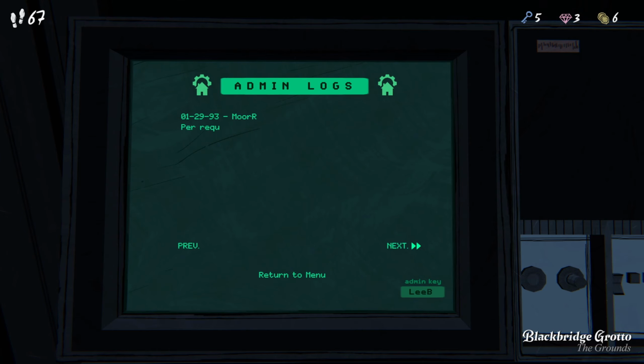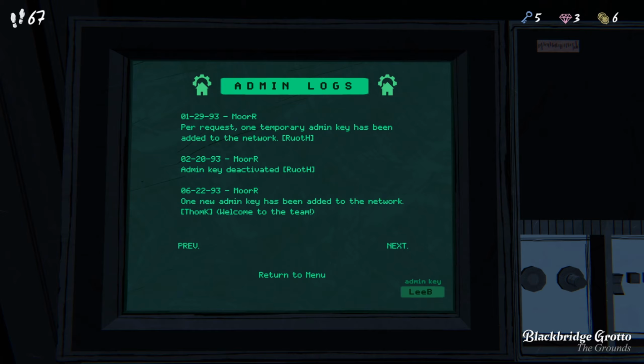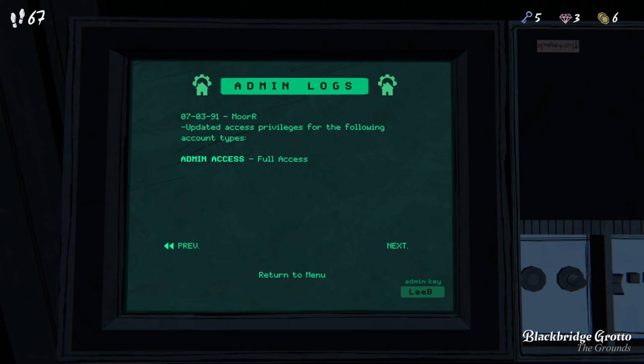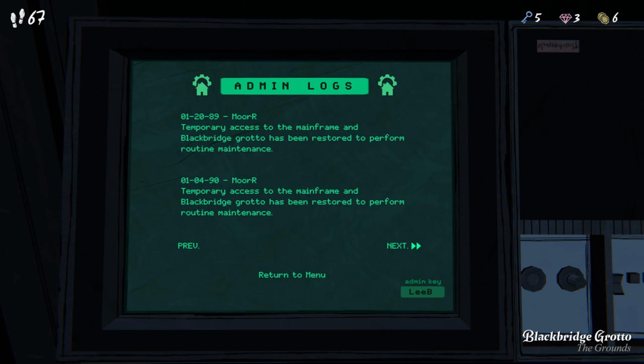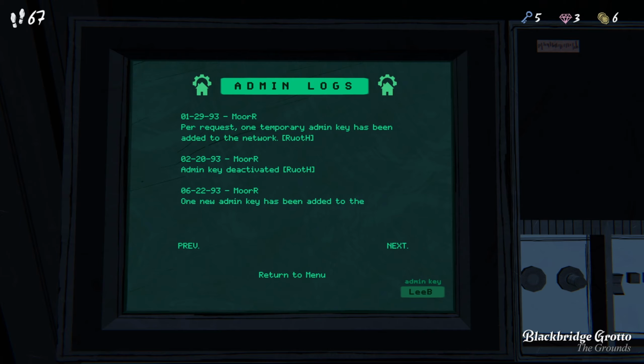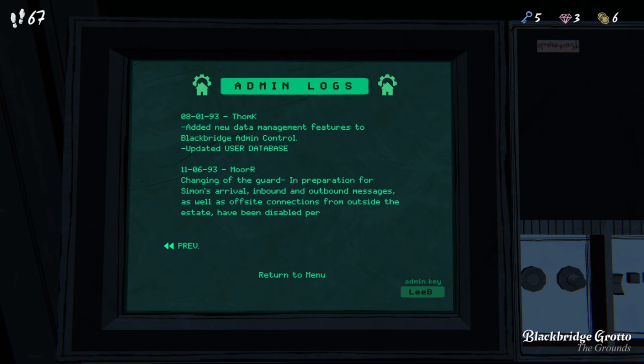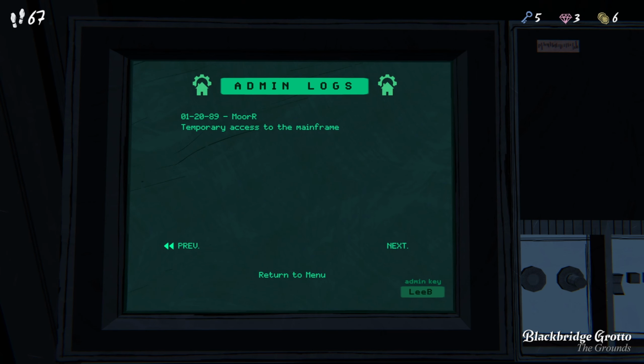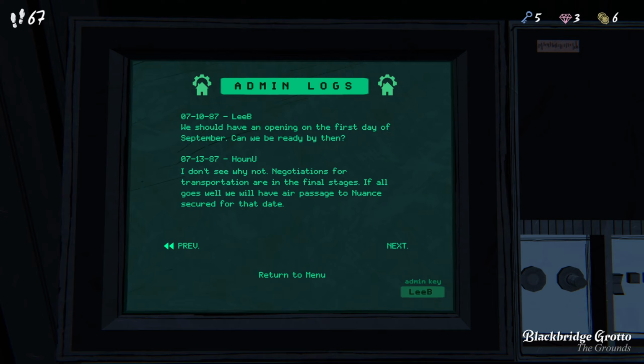Oh, have I gone the wrong way? Yeah. K, RTA is down. Hang on, it keeps turning me around. What's going on here? That's just the end. Okay. Changing to the guard. Inbound and outbound messages as well as offsite connection from outside the state have been disabled. What the? So these guys